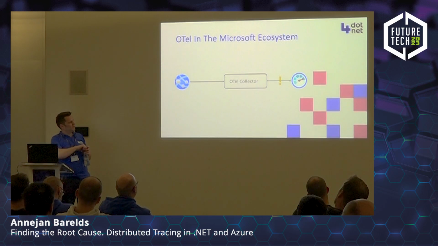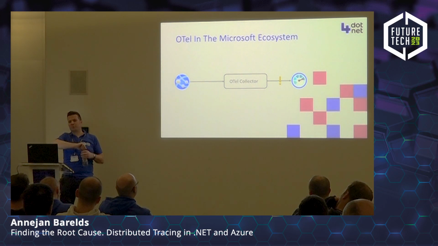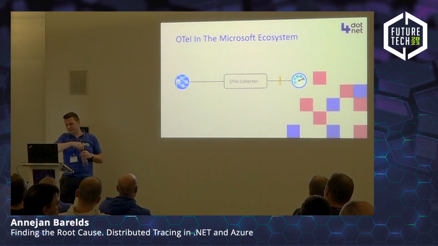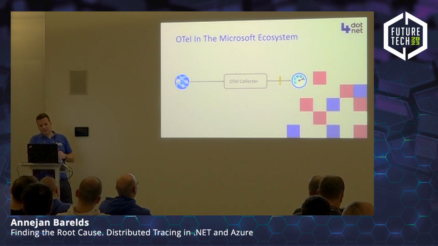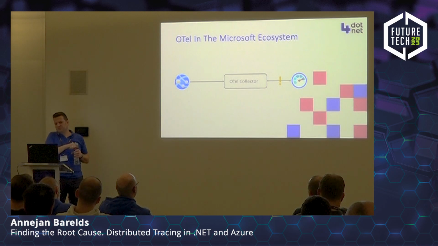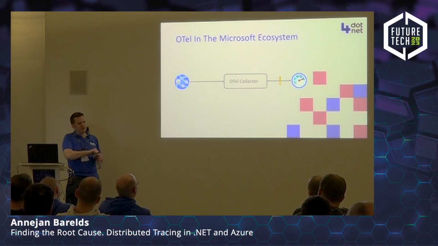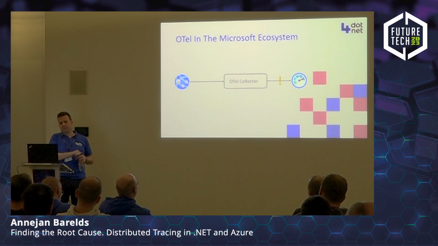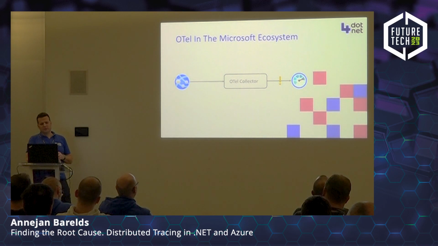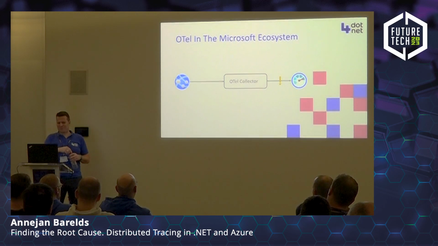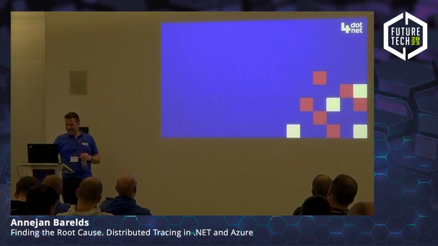I do think it's always difficult to predict the future, as we were reminded by Dennis. But I think in a year's time, we'll probably be using OpenTelemetry for this kind of stuff in the Microsoft ecosystem as well. I shouldn't mention periods, right, when I'm predicting the future. This is stupid. Okay, well, anyway,